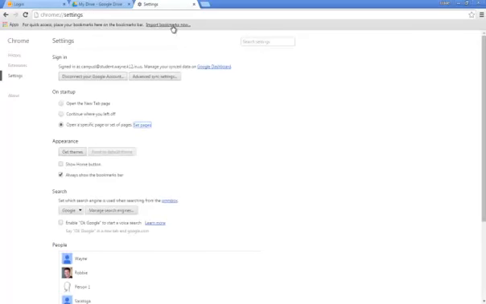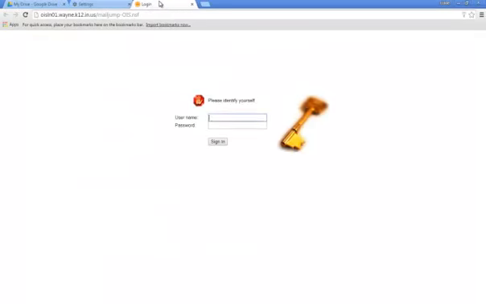Another thing that happens here is regarding the tabs at the top. If I want to move these tabs around, let's say that I don't want the email to be the first one up here, I can click and drag this and move this over here. If I've got a bunch of tabs open here,